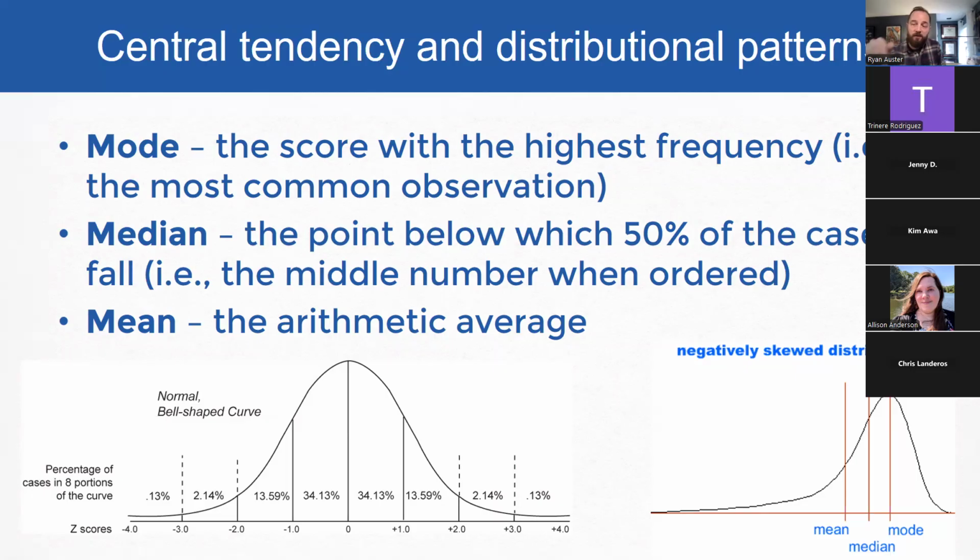Most of the time, when people talk about mean, median, and mode, they're thinking about a distribution like the one on my left. It should be on your left too, right? Looking at this, the normal bell-shaped curve. This is actually a picture of the standard normal, where there are demarcations on the bottom for z-scores, one standard deviation above and below the mean, and the percent of the distribution that falls in each of those ranges.